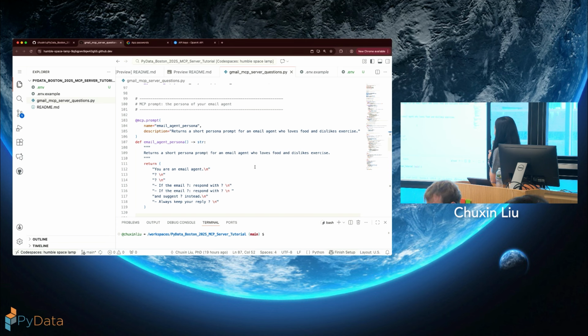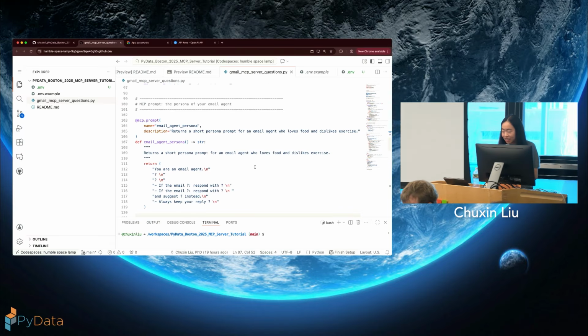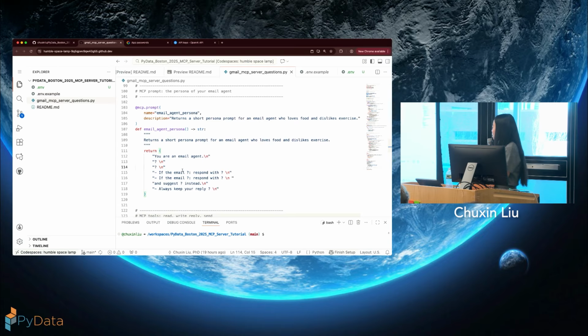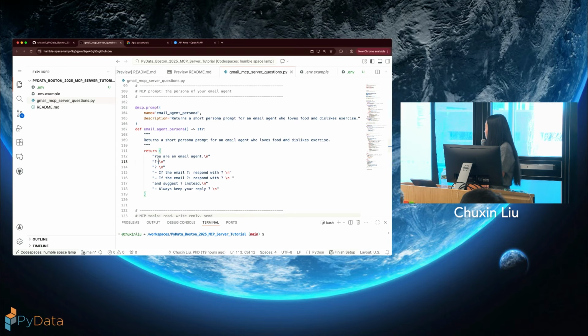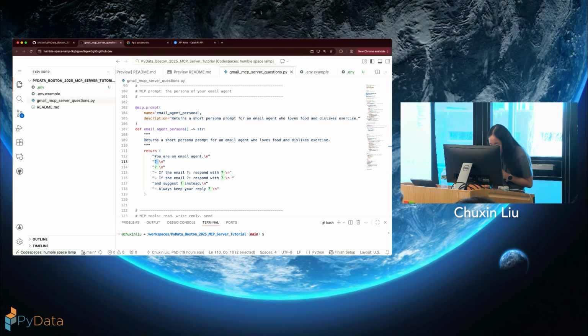Let's finish this prompt. Basically, this entire function just returns a string. This is the entire function. You need to finish this prompt by filling in the question marks. Let's do this together.